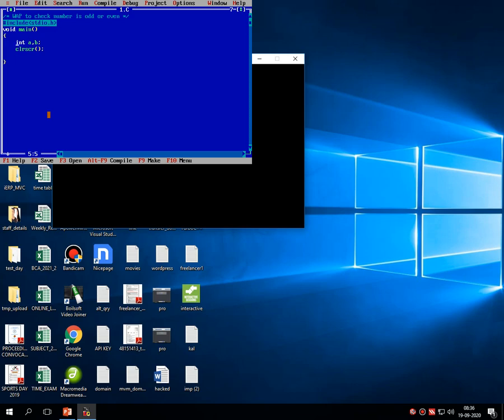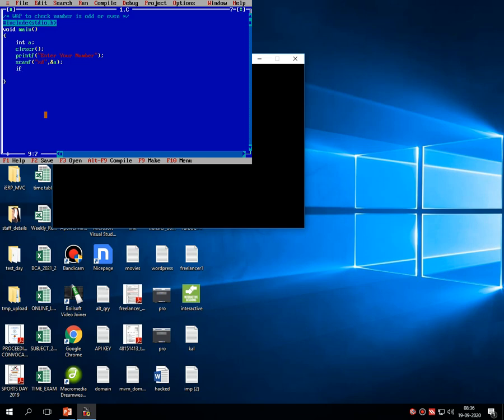We are checking a single number for odd or even, so that's why we are taking a single variable, integer a. Then clrscr, printf "Enter your number", scanf "%d", &a, which takes the input from the user and stores it inside the variable called a.